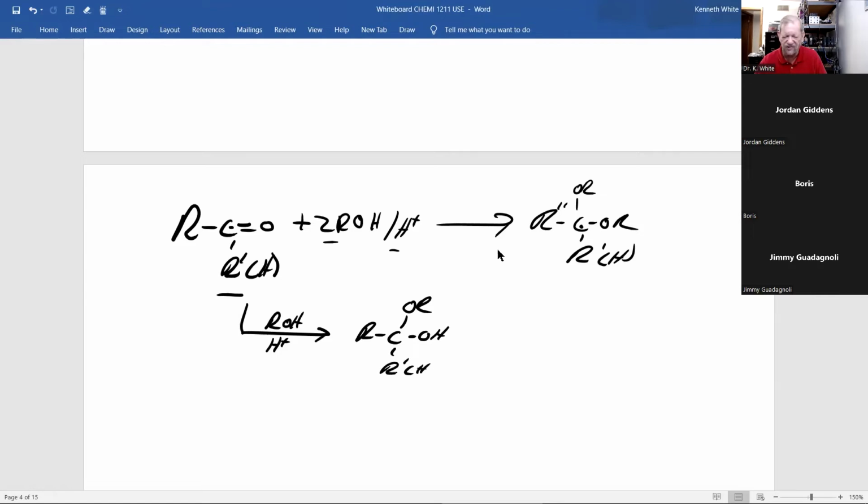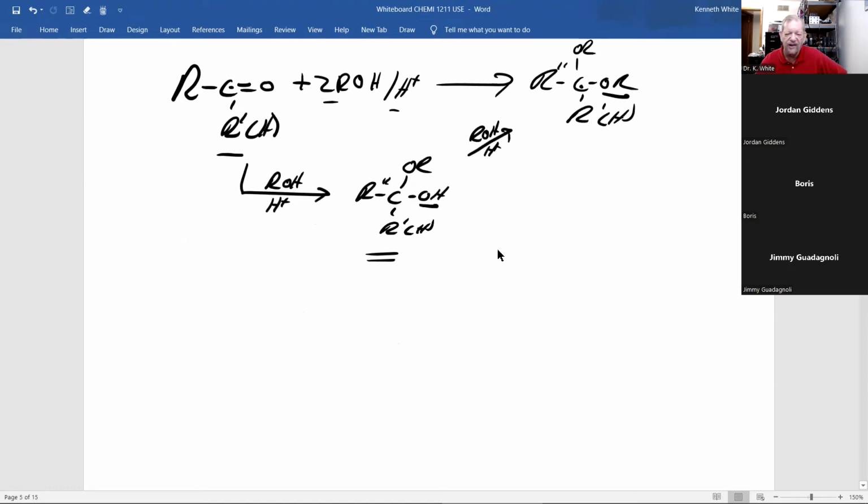the hemiacetal or hemiketal. And stepwise, the second alcohol reacts with the hemiacetal or hemiketal to take that and replace it with this. If you notice, on both oxygens you have the same R group. It's symmetrical. However, and this is what I'm going to teach you that's new, if you take this